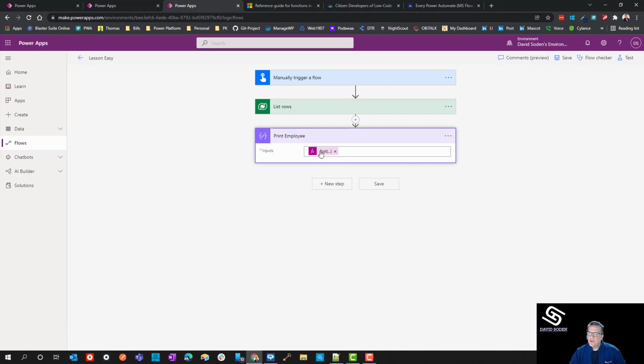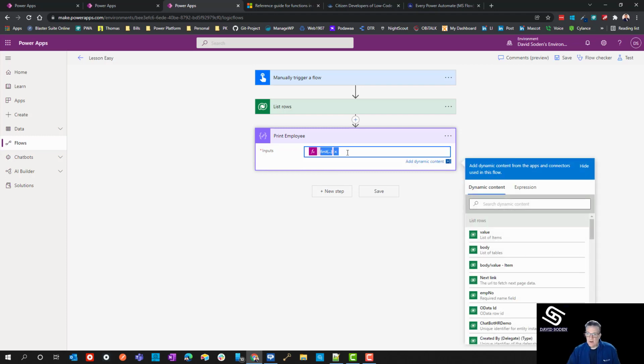And so what we do is we use this first function. Okay, you see it says first, outputs, list row, body value. And you're like, how in the heck did you even figure that syntax out? Okay, so a lot of frustration, a lot of trial and error, but doing a lot of reading on the blogs. I'll put the syntax to this also in the description box below so that you can see how to use the first function. But what's important to understand here, if I go ahead in theory and copy this out,